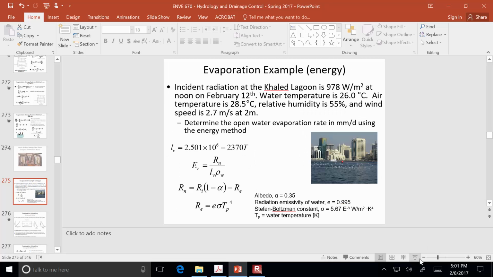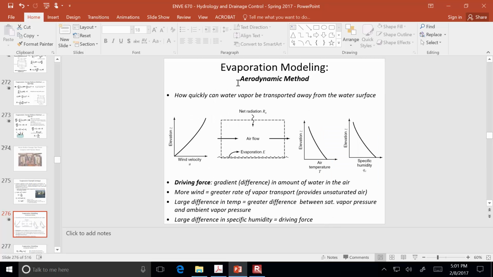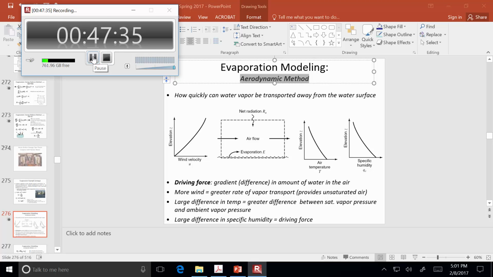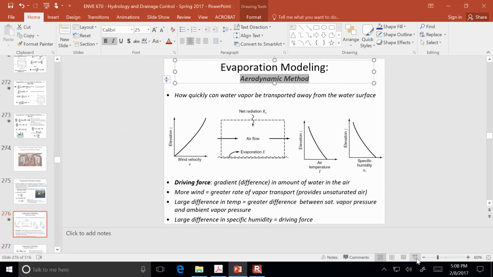I think here is a good chance for us to take a brief pause. It's 5 o'clock. Let's take a 5-minute break, and then when we get back together, we're going to talk about that second effect, the aerodynamic method, which looks at transport of liquid. All right, so